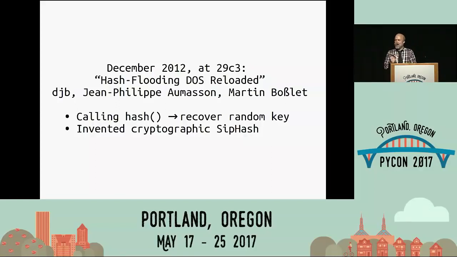They were not actually able, I noticed, to remotely watch a Python app and figure out how to create collisions, but they were able to recover the random key by calling hash in a Python program, which suggested that information was being leaked that maybe could have been exploited remotely. And more importantly, these researchers solved the problem.